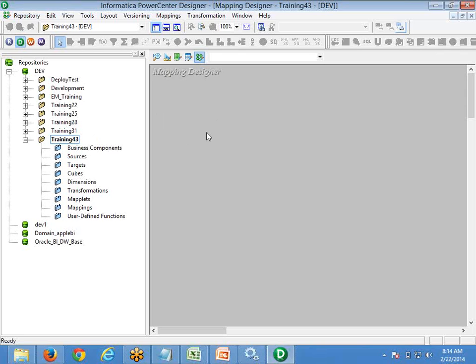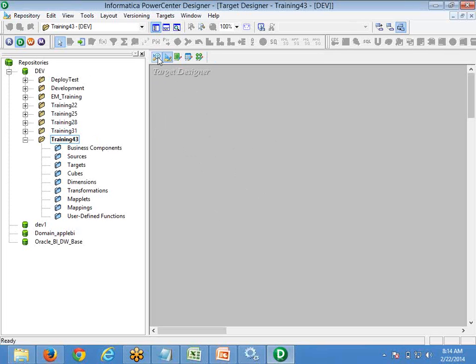Whenever you want to develop any mapping, the first thing is we need a source, because you need to tell Informatica that you want to extract data from this particular source. That source is your choice, whether it is a file or your requirement. Then in the target designer, you have to define to which targets you want to load the data. If you want to extract data from 1,000 tables, all those 1,000 tables you have to define or configure here, and if you want to load into finally two target tables, you have to design those two targets here.